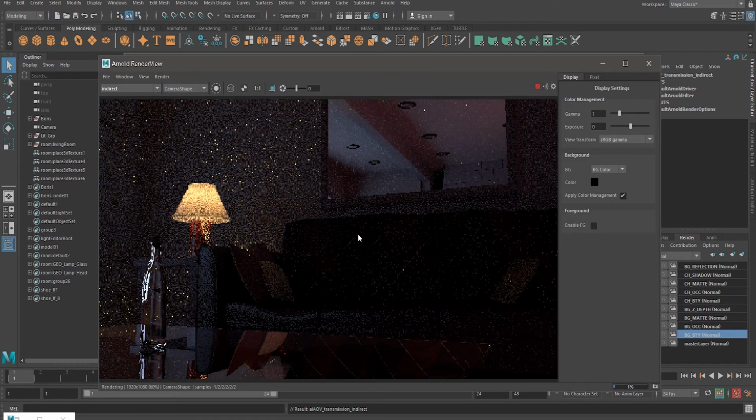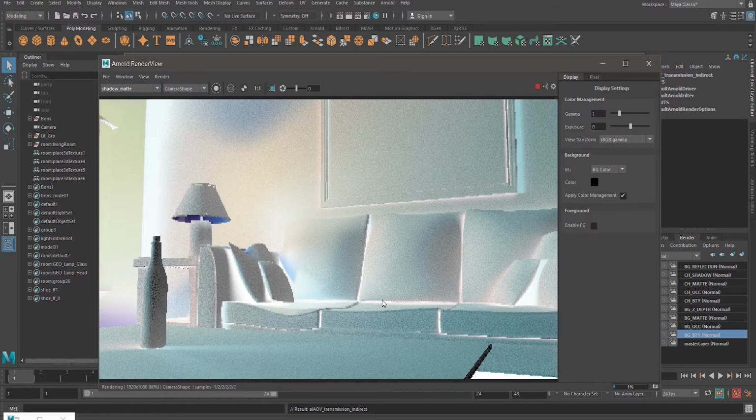Indirect, if you now see all these specular and all refraction, you can see in this indirect pass, all the transmission and all, it is basically presenting all the inbound or indirect lighting in here along with the refractions and reflections. Okay, then there is shadow matte. Basically it is showing all the shadow areas. We don't actually need that in this one, but if you want to enhance your shadows in comp, you can use this one also.